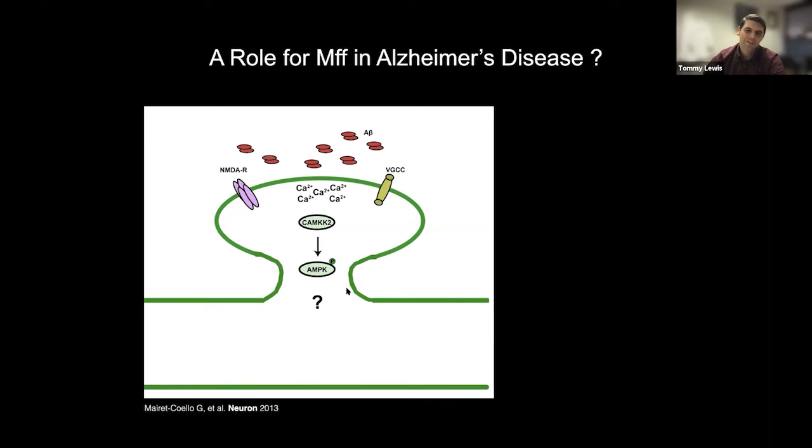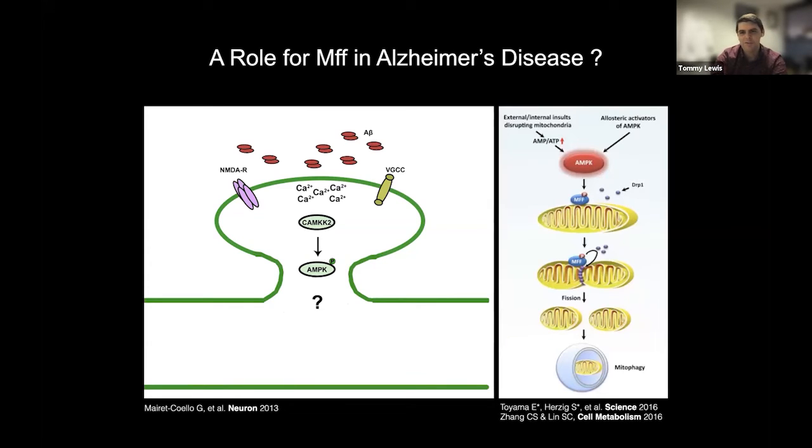And what was actually happening downstream of this AMPK activation is still largely, I would say, unresolved at this point. But we happen to have the fortunate interaction with Ruben Shaw's group at the Salk Institute. And at that time, they had been working on this project to look at AMPK and downstream effectors. And they identified that AMPK directly phosphorylates MFF when activated, leading to mitochondrial fission and eventually to mitophagy in cell